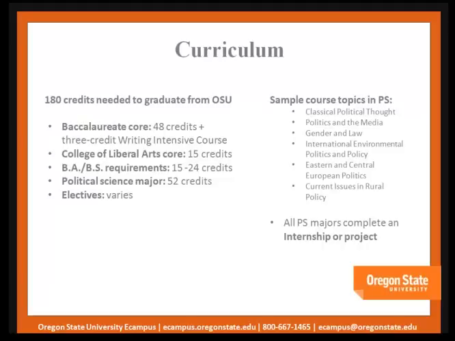So the curriculum, as I already started, at Oregon State you need 180 credits. For the political science, you need 52 of those to be political science classes. Of the 52 credits, 36 must be upper division. The reason I mention upper division courses is that it typically runs into one of the biggest challenges for students in the eCampus program. A lot of students come in already with some political science courses from previous schools and so on. So upper division is a big thing to think about.